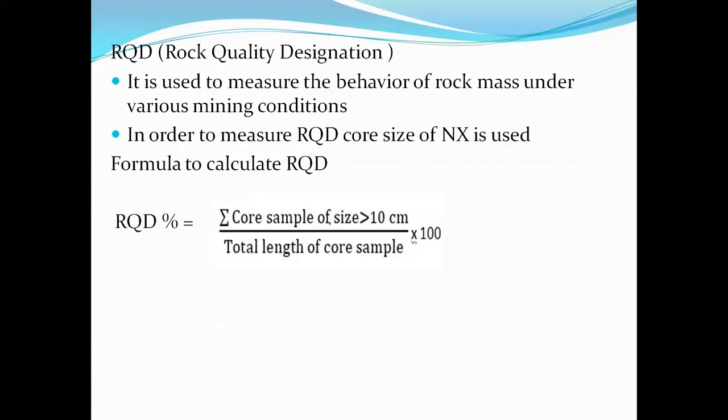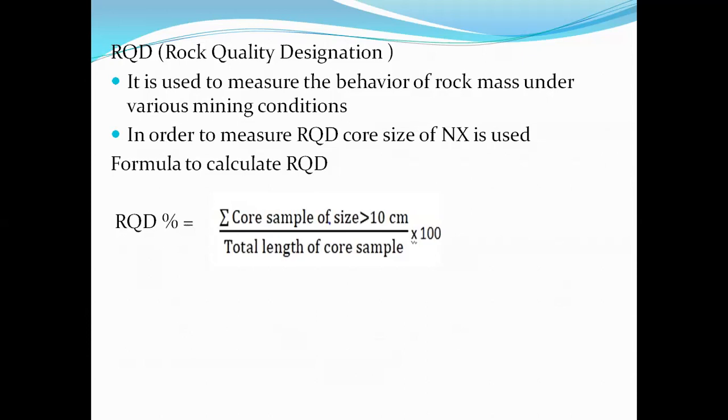So let us say I'm drilling during exploration, right? Generally, for the recovery of the core, we'll be using diamond drilling. Using diamond drilling, the size of the core that we'll be getting is NX size. NX is nothing but around 54 millimeters diameter. With that size, what would be the length of the core without any fracture, without any fragmentation? How much is the length of the core that you will be getting during the exploration process? Based on that, I'll be determining the RQD value.